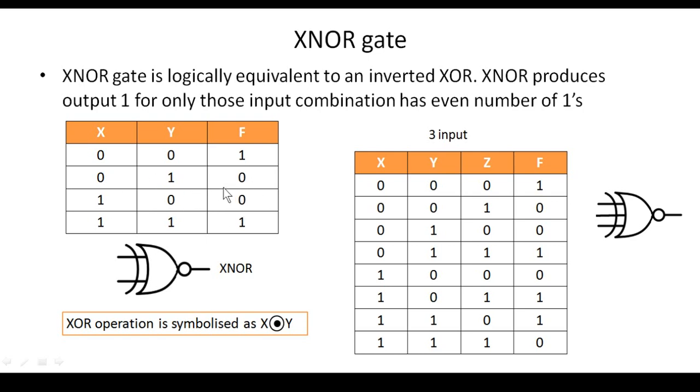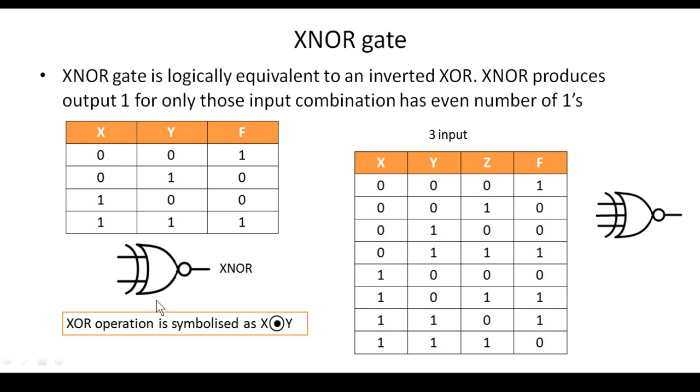So you will automatically get 1 for the first and last row. Same way for the 3 input one. You can see the 3 zeros, but you got the output 1. There is some confusion there, right? The reason is that you don't have an odd number of 1s, so the output is 1. You cannot go by even number of 1s here, because the first row itself doesn't show that, but since it is an inverted XOR, you are getting 1. Just write 0 where there is an odd number of 1s, and fill the remaining column with 1s, so you automatically get the XNOR gate. This is just a trick I am telling you.